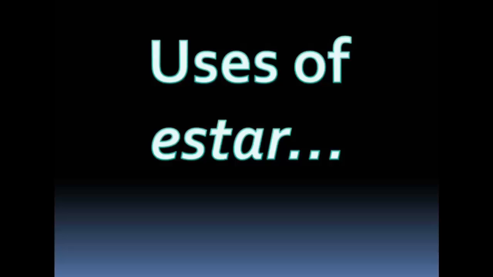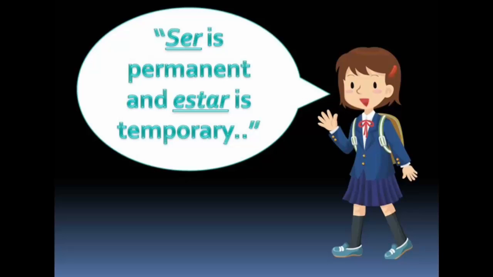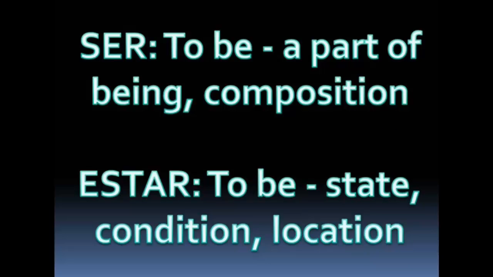Some teachers and learners of Spanish will try to, like I said, oversimplify these, saying that ser is permanent and estar is temporary, and this can help you get started with it. This is often true. It's not always the case, though. Soy joven, for example, means I am young. Now, I won't always be young. I might act it, but I won't always be young. But we use ser when we talk about soy joven because it identifies what I am made of, what my being is at this moment.